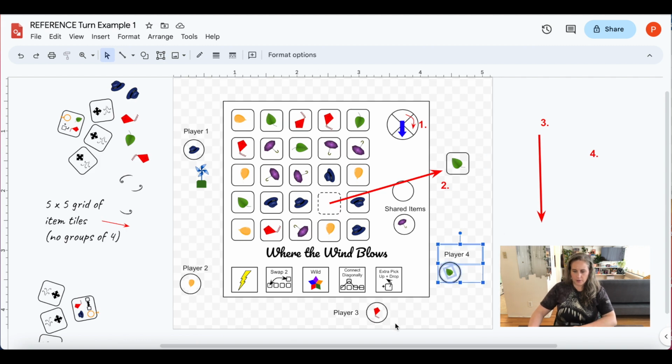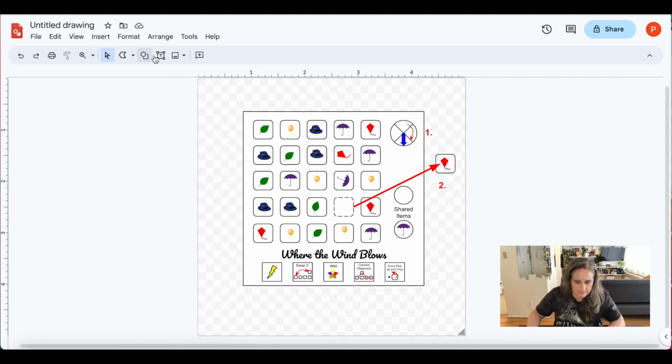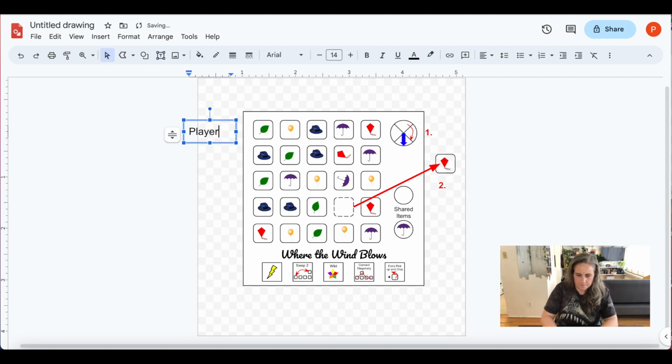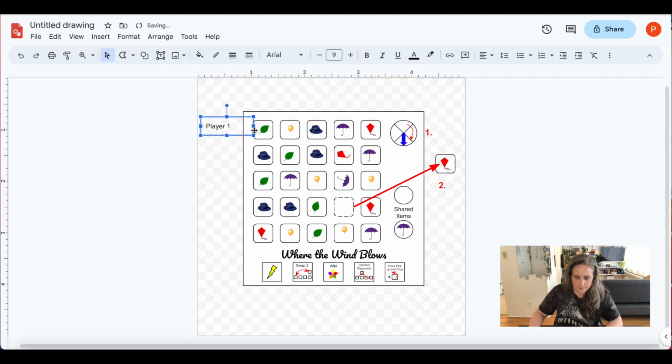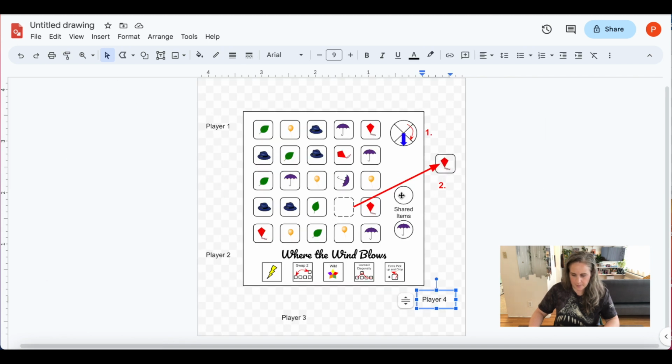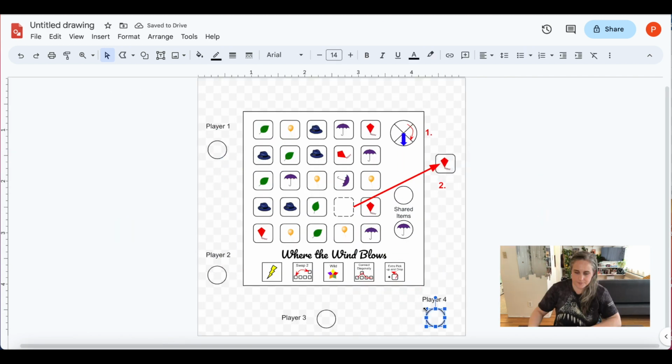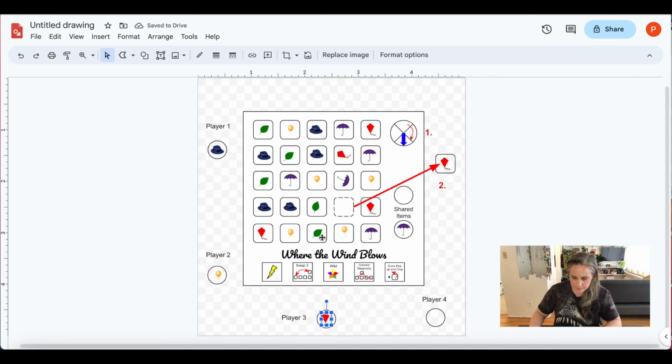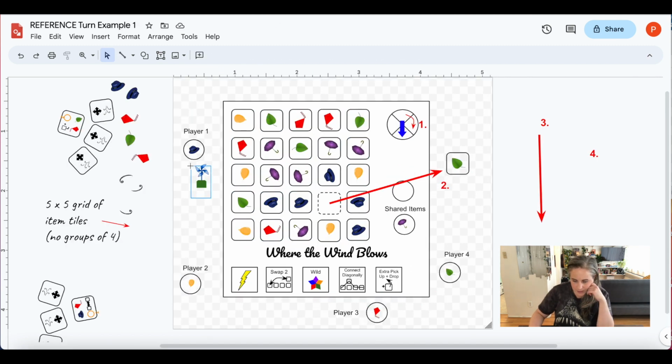And then I just have player 1, player 3, player 2, and so on. So let's quickly add those in here. So this player is collecting hats, this player is collecting balloons, and so on. So let's just quickly add those in. And the very last thing is I just have this first player marker over here, so let's quickly add that